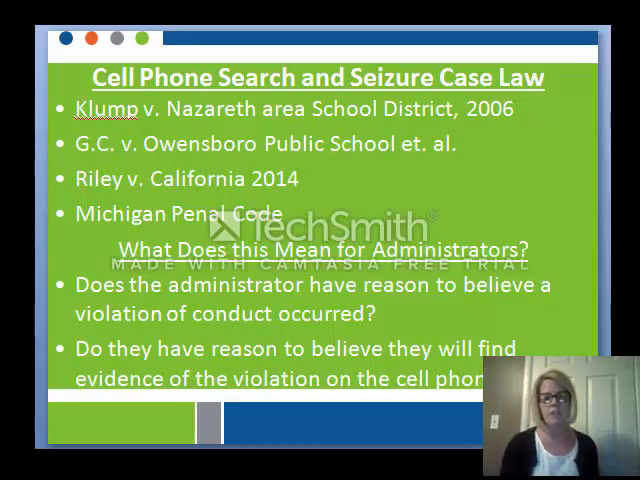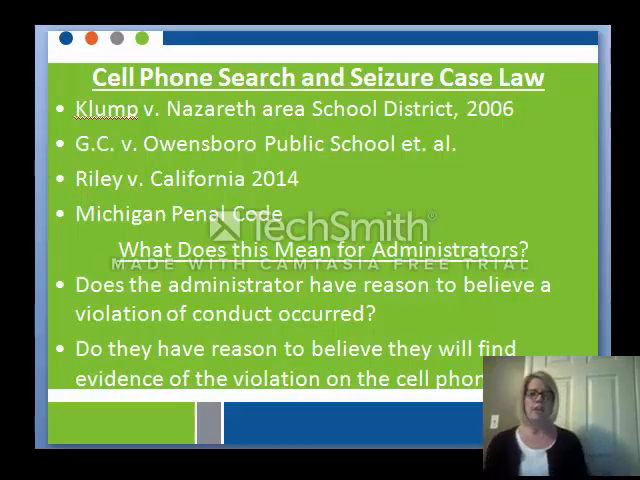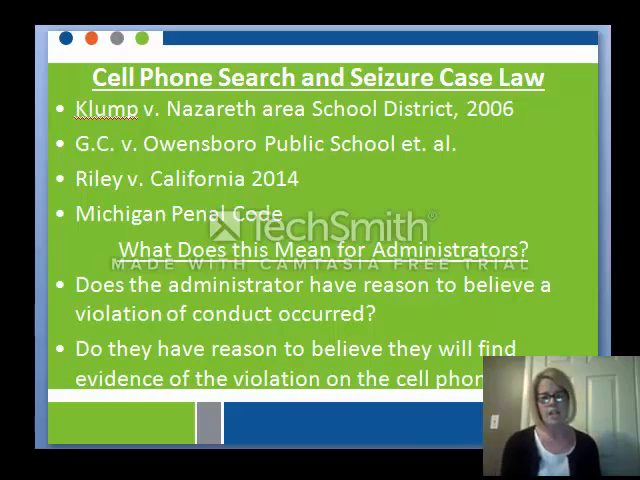The biggest one that we have to go on right now, the most recent precedent, and the one that I think is going to set the tone for where we go in the future as far as search and seizure of smartphone devices, is Riley v. California in 2014. So this case did not involve schools. It was a criminal case, and upon arrest,